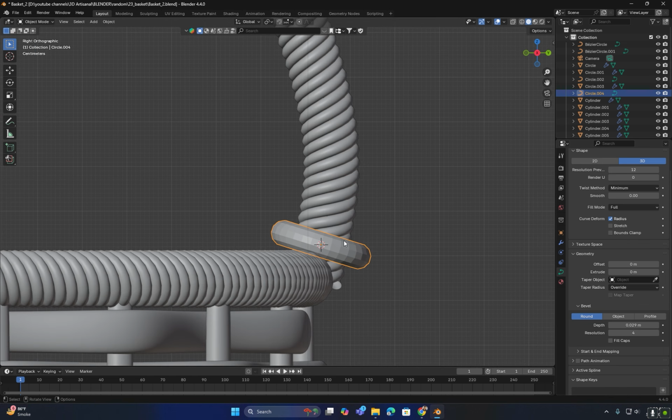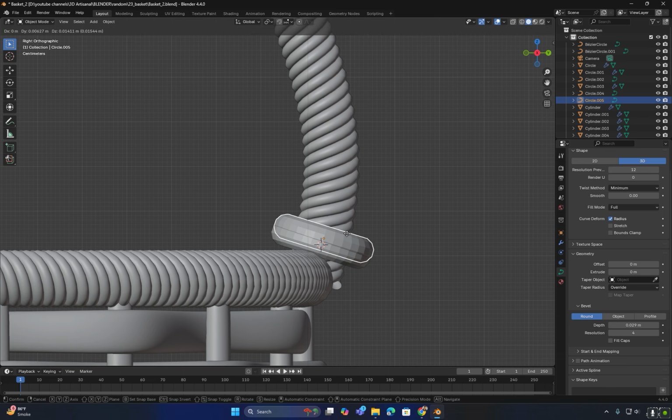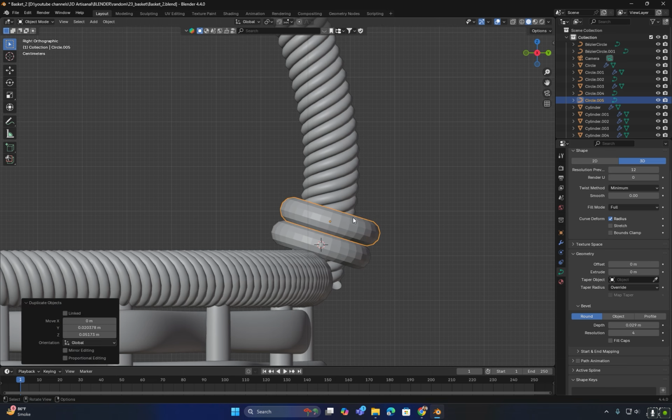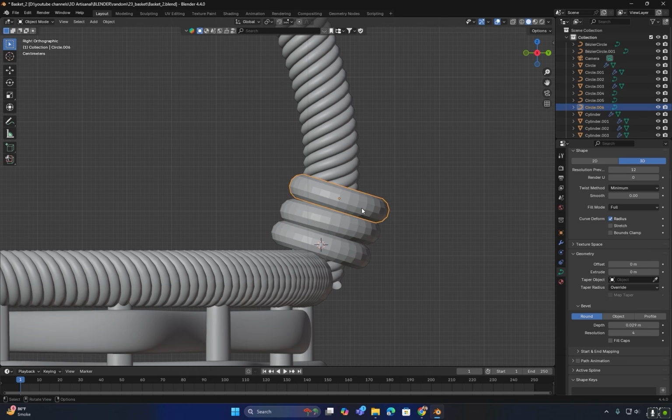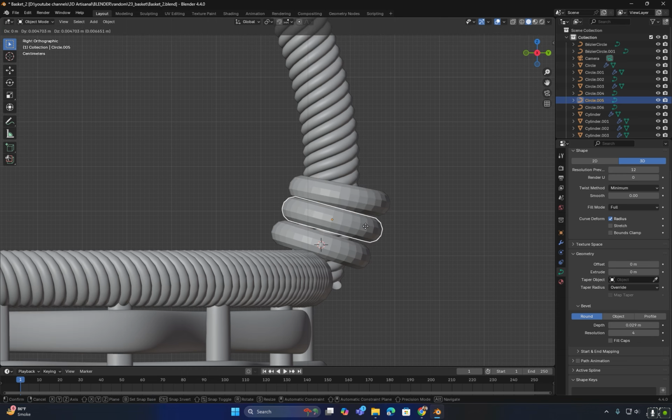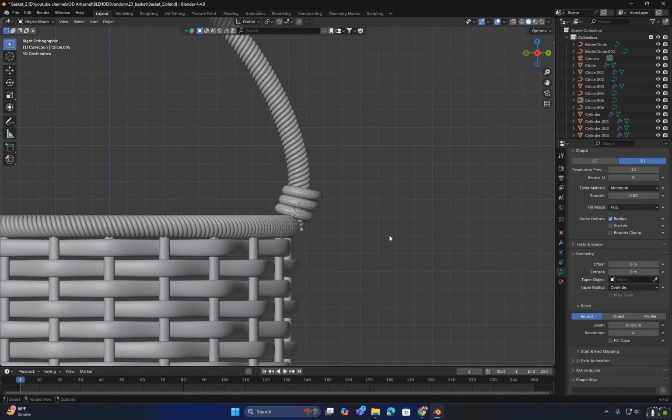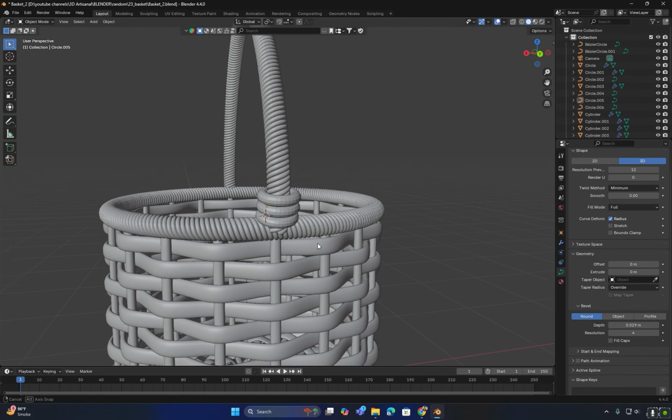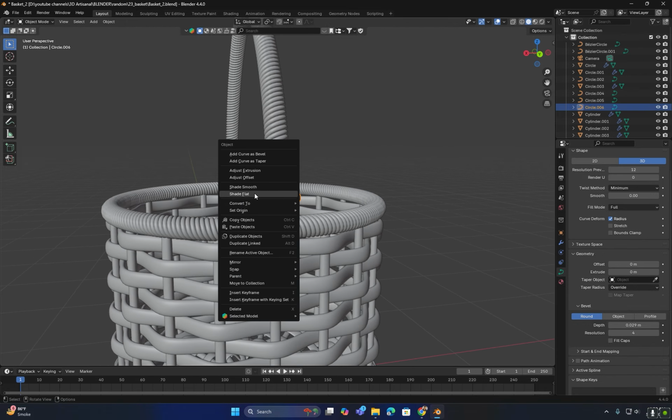After that I will duplicate this by pressing Shift plus D and move it a bit. I will continue duplicating and adjusting these parts along the shape. Then I will right click and set them to shade smooth.